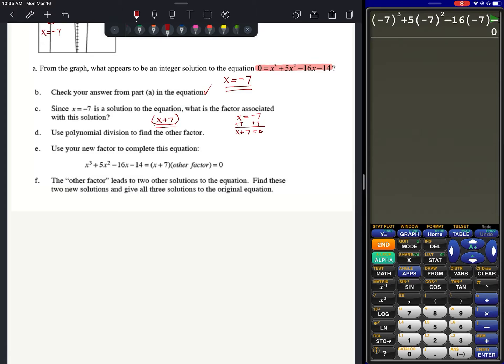So I'm doing an x to the third equation divided by an x. So here's what the problem looks like. We've got x to the third plus 5x squared minus 16x minus 14, and we're dividing it by an x plus 7. So when we do this here, we know that we're going to have an x plus 7. And when we build our area model,